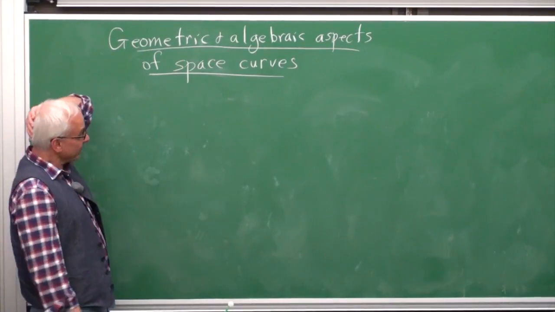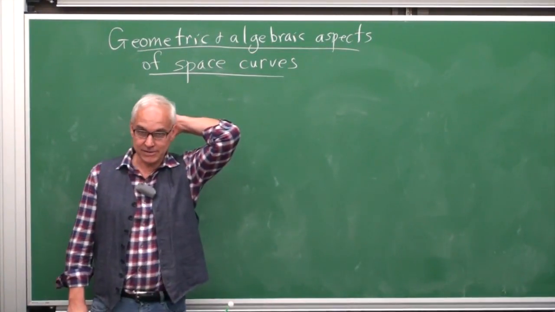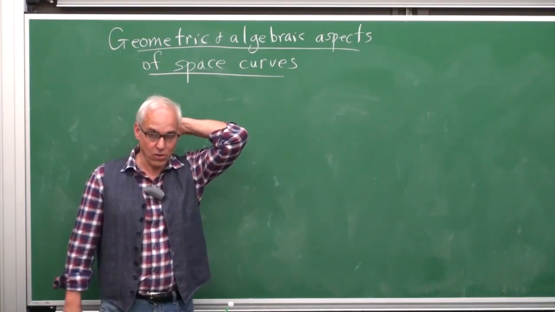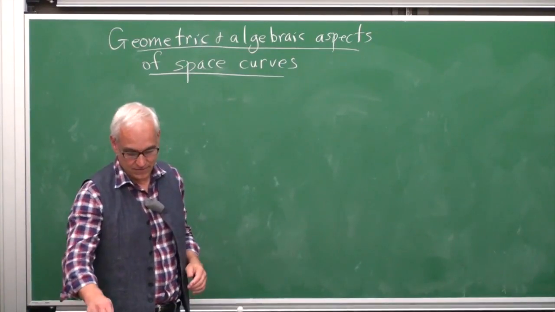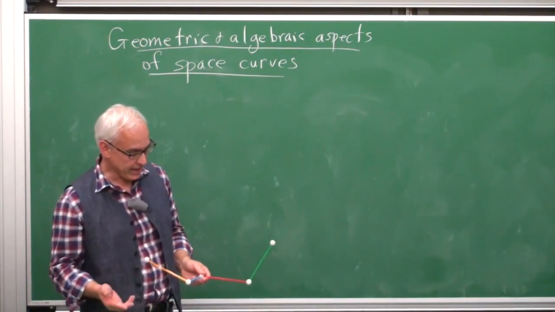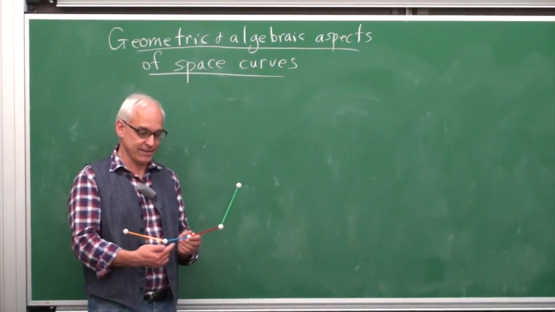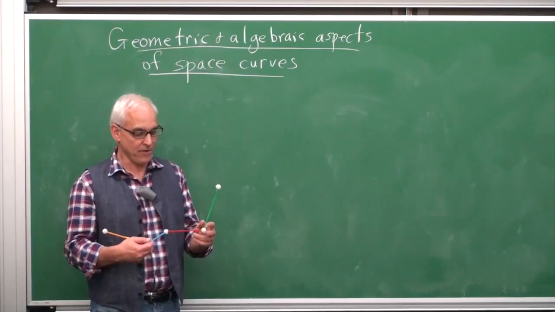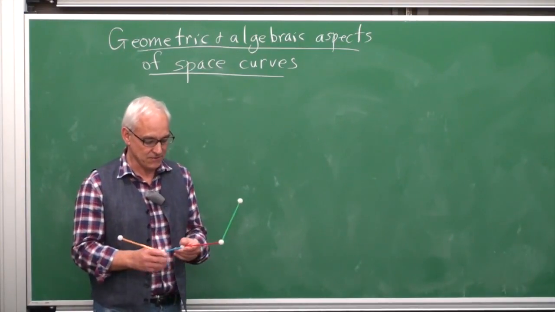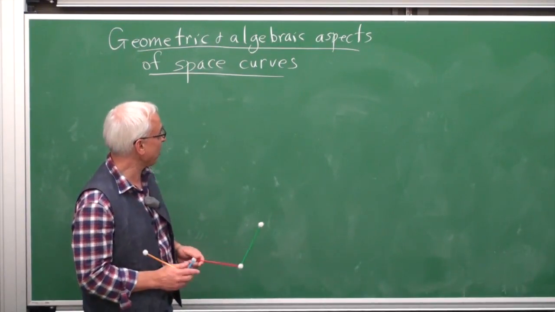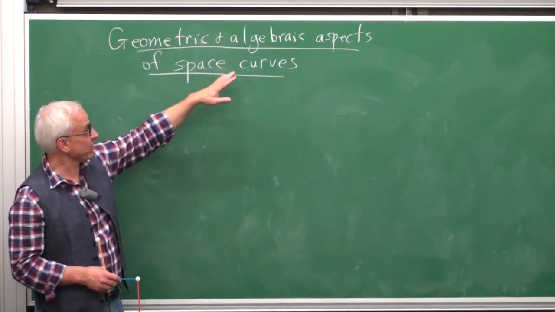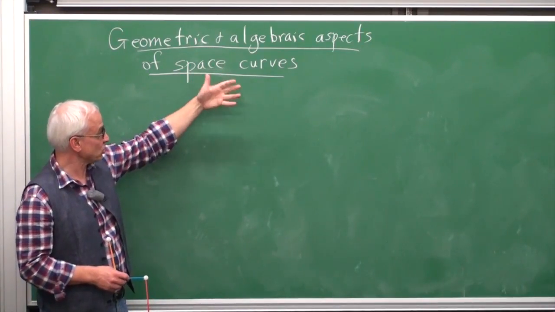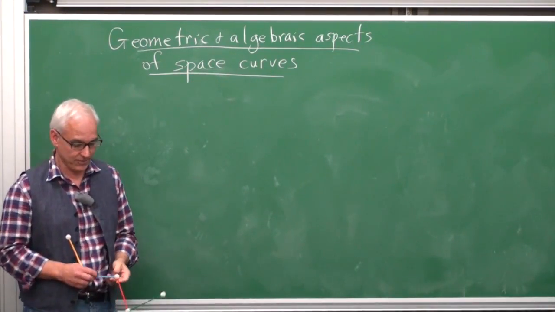Differential geometry. Last time we talked about curvature and torsion for space curves and the Frenet apparatus, and I ended up talking a little bit about discrete curves, and the battery on my camera went before I finished that lecture. So let me just finish what I was saying about that, and then we'll talk today about geometric and algebraic aspects, additional aspects of space curves.